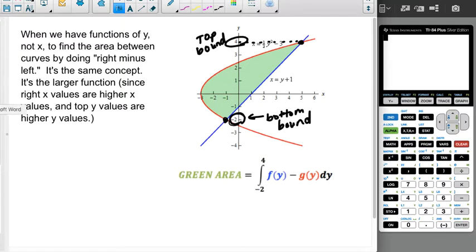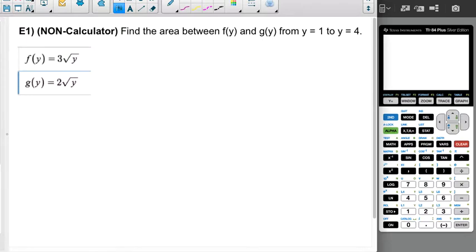All right, so let's go ahead and walk through some examples. We're going to try this without a calculator. We're going to find the area between 3 root y and 2 root y from 1 to 4. Again, I'm not really setting you up here for ones that are going to crisscross. We're going to talk about that in a later section. If you were trying to figure out what this image looks like, it can be kind of helpful to graph this. So if you were trying to figure out what 2 root y looks like,